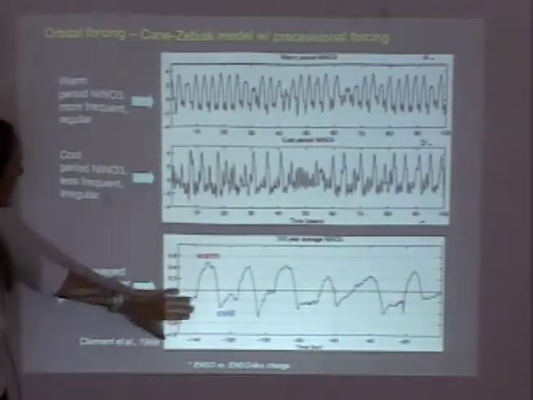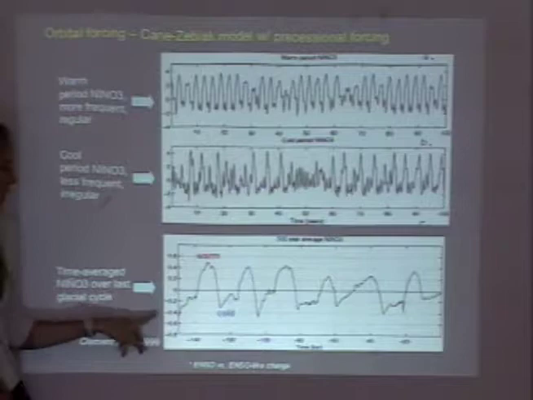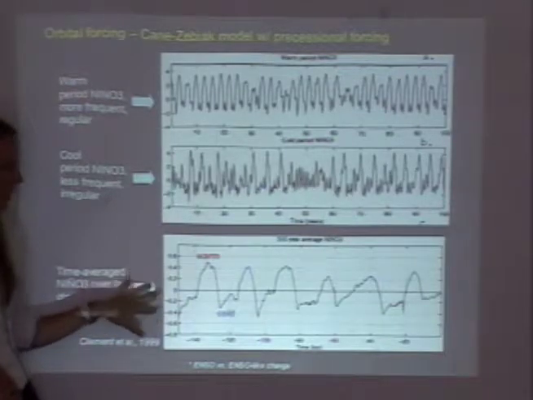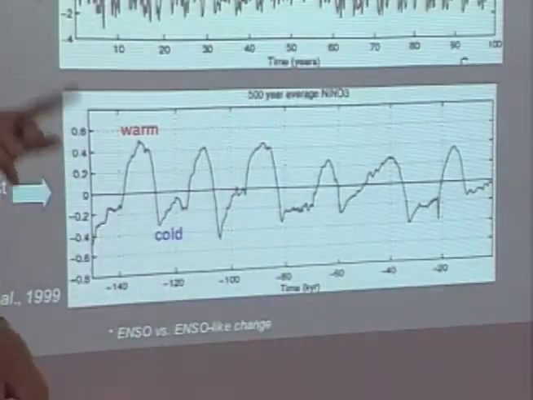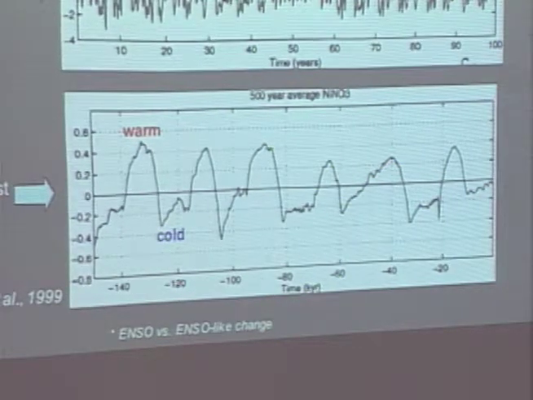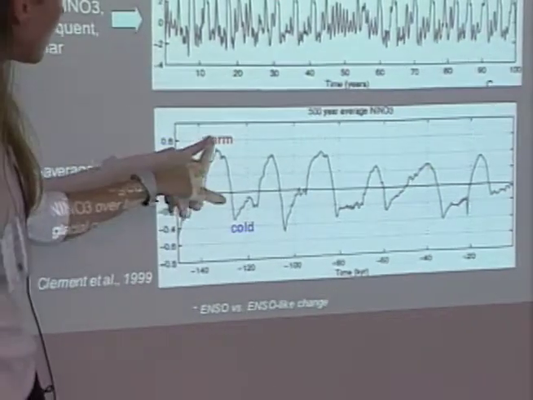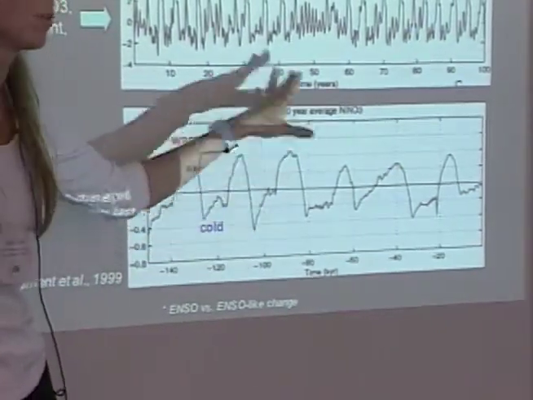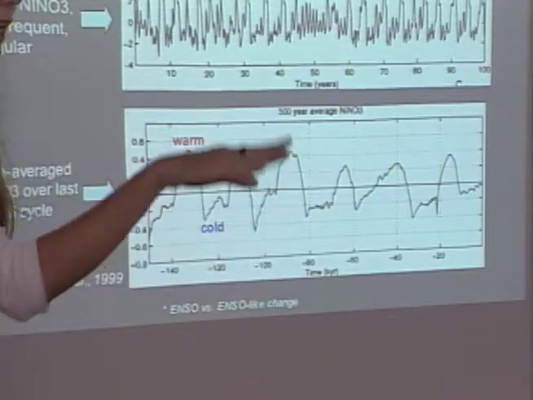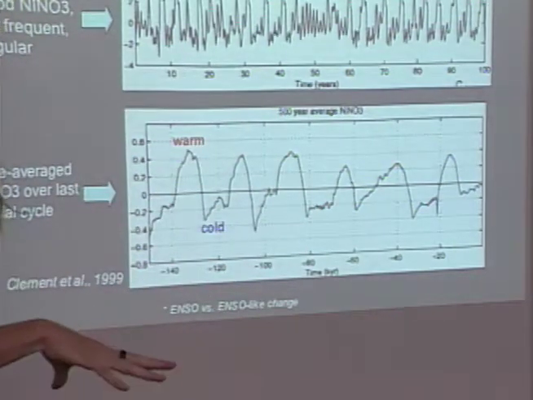And here you can see that basically what they're seeing in their model, let's go to the time average response of the ENSO in their model. You can see on the bottom panel. So they're forcing with radiative forcing, which I'm not showing. It peaks and dips every 20,000 years. And you can see the time average Nino 3, which is the prime index of El Nino activity in the tropical Pacific, goes up to warm, down to cold, warm, cold, warm, cold. And it's basically tracking that forcing very, very well. It's responding to that radiative forcing in their model.